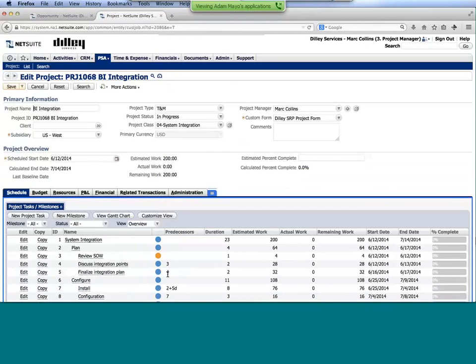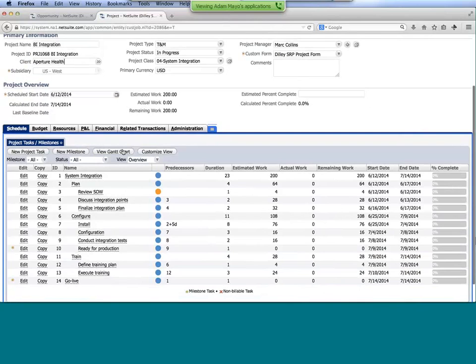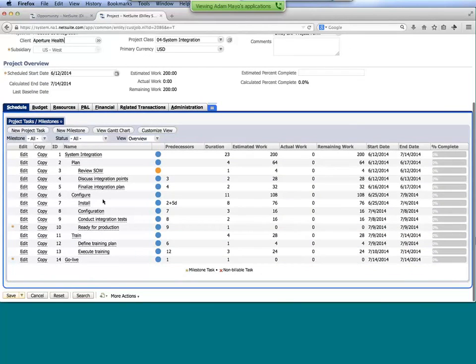I'm going to now go in and assign it to the appropriate client. So within here, I'll go in and say this is going to be for that Aperture Health client here. So we want to go in and assign it to them. Again, I might want to go in at this point because it's its own project and make any changes. Perhaps we're going to tweak the amount of hours that we're going to need to build out the overall project scope. Maybe I'm going to change the overall budget amounts.